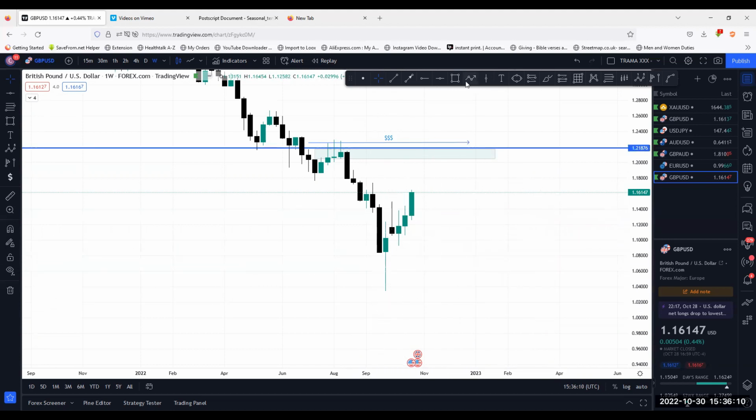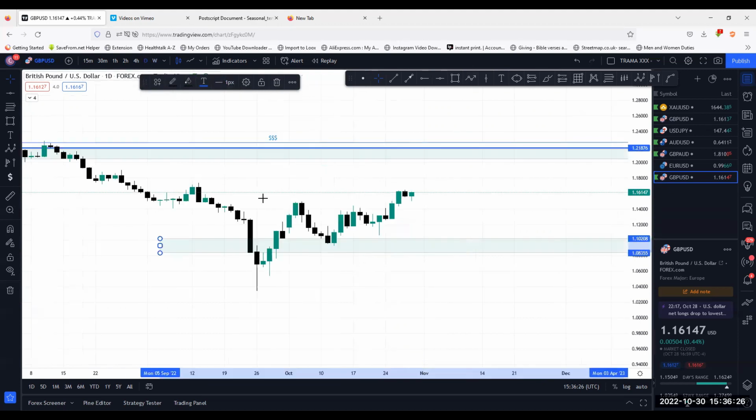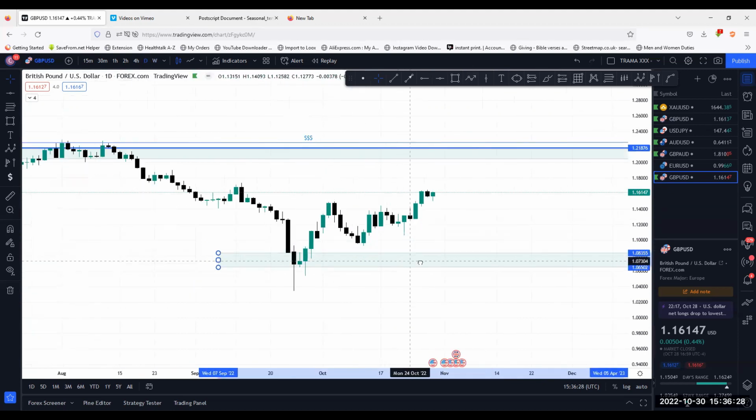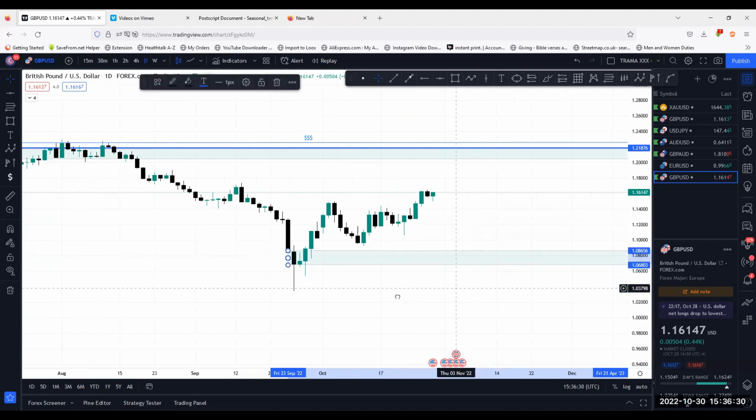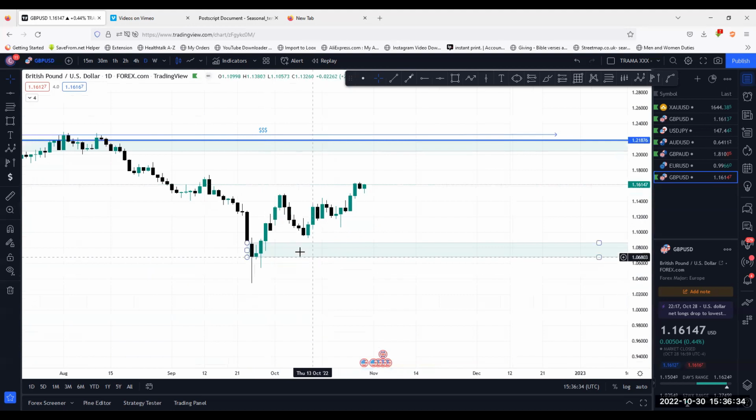Well, that doesn't mean we should not recognize it as a very sensitive area where the market began to rally up again. So we see the market began to rally up from here already. So we can see that, but you may not see it here on the weekly time frame. So we're going to move to the daily time frame to look at that position. You can see now we can position rightly where the market moved from. So the market pushed all the way from here and then started heading back up.